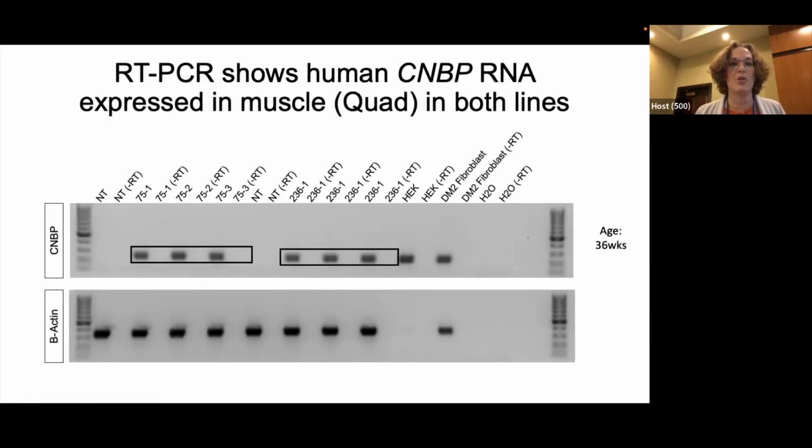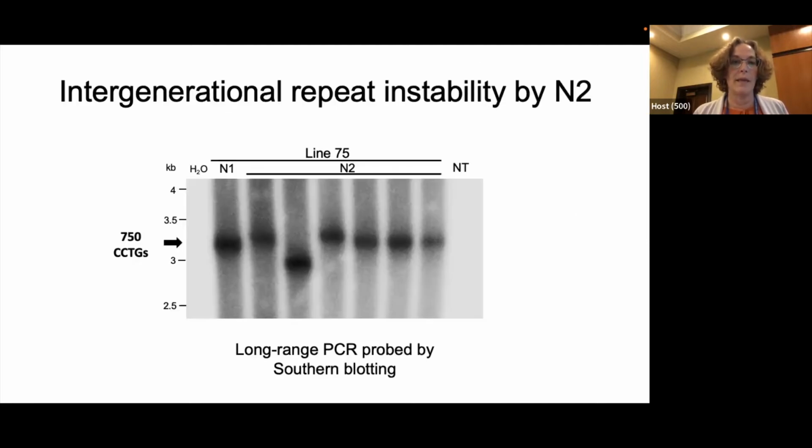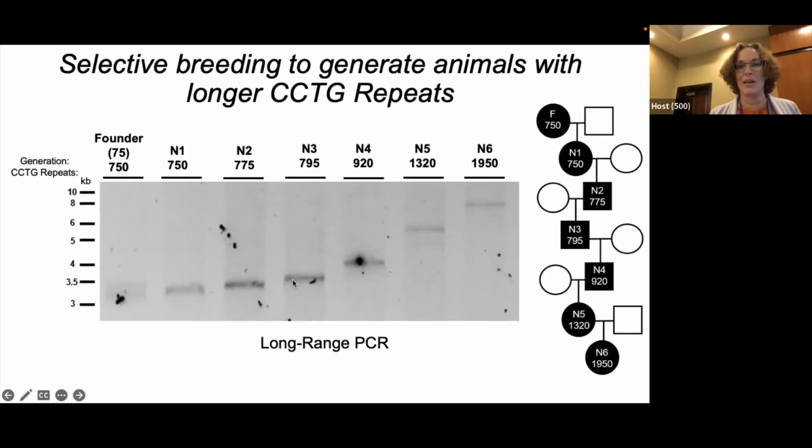So RT-PCR shows that the human CMBP RNA is expressed in muscle in both lines, and it's also expressed in the brain. There, by generation N2, we already detected some repeat instability, which we were excited about. So this N1 mouse had about the same size repeat as the founder, but you could see little creeps up and down. And we were particularly interested in those sizes that crept up, because